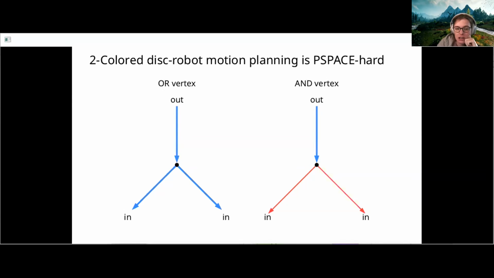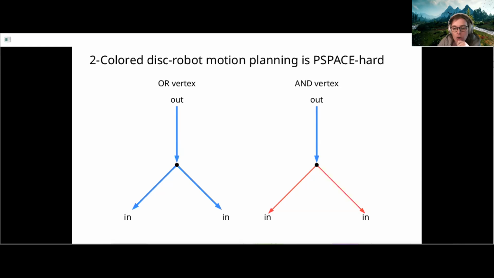So this is just a way of looking at the types of vertices to make our life easier, a little bit more structured way. And having vertices with 3 red edges is not necessary. The graph only with these 2 types of vertices is still going to be PSPACE-hard to reconfigure. Okay, so now when we build a reduction